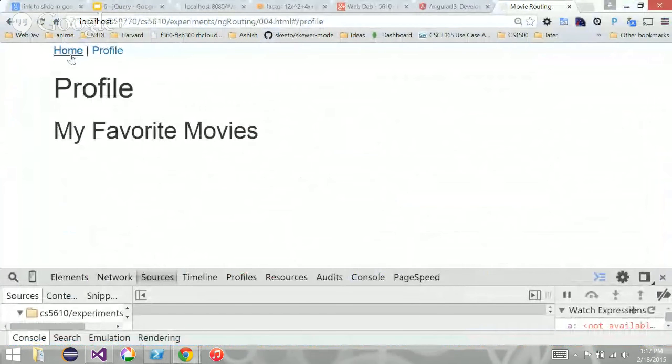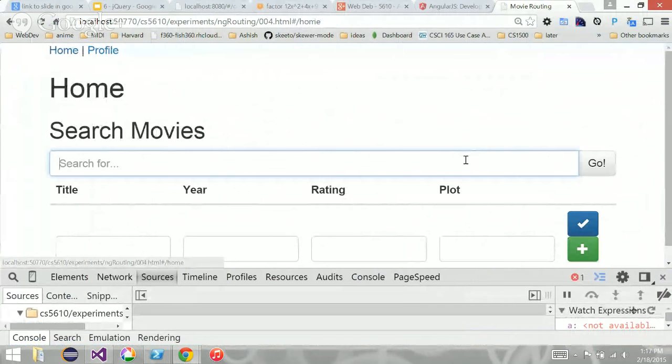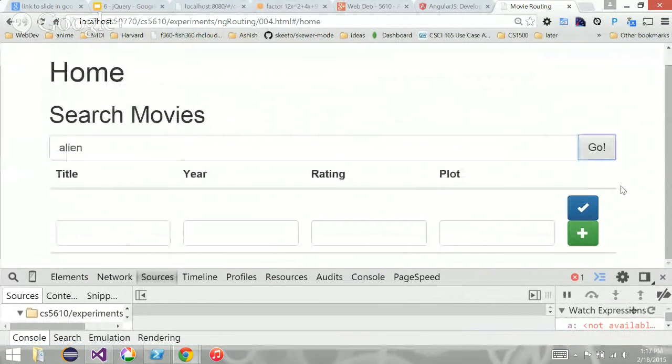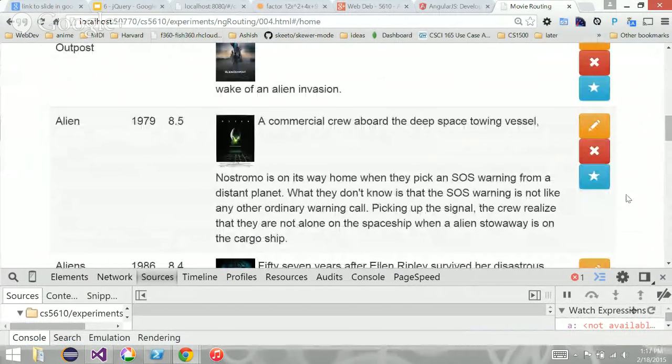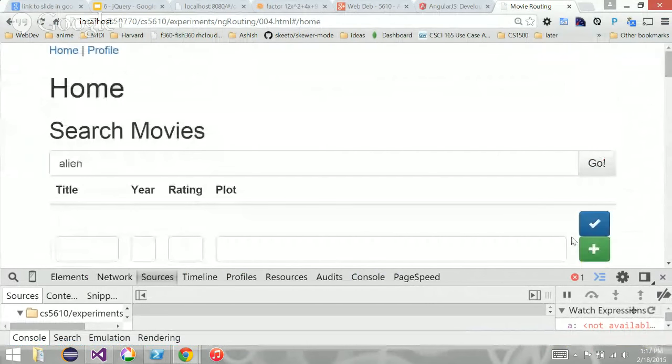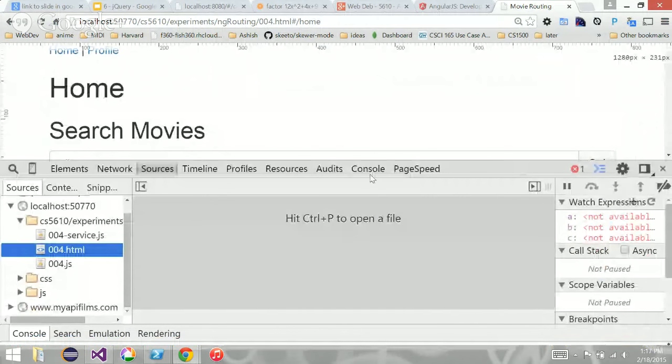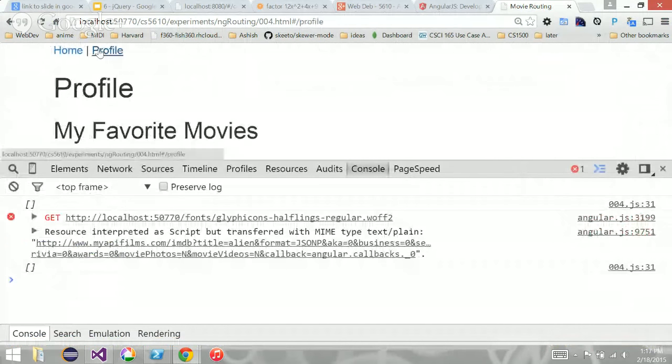Let's refresh. Let's go to home. Let's search Alien. Okay, and I want to favorite. And when I go to the profile, empty.